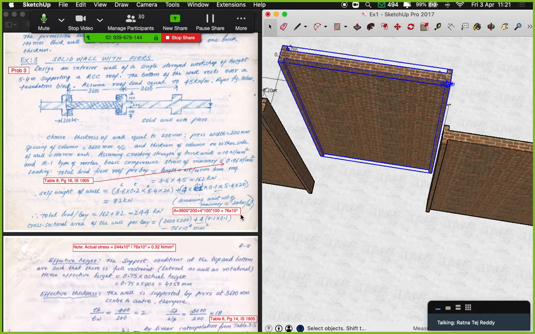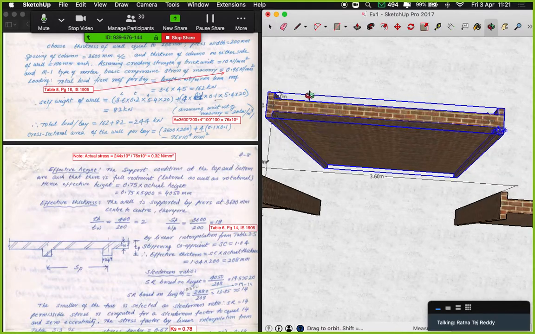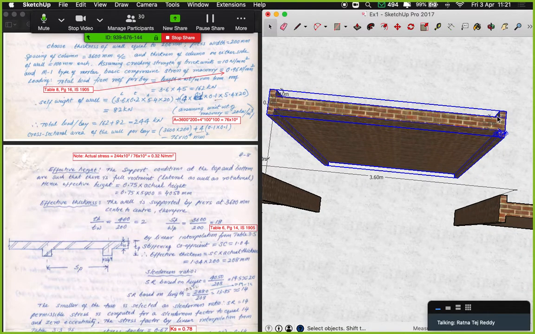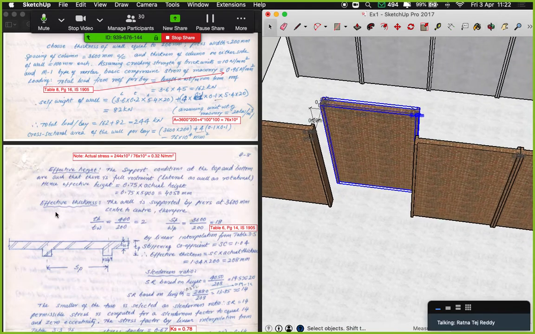Now there's a small annotated input over here, where area is equal to 3.6 meter into 0.2 meter plus 4 into 0.1 into 0.1, that is 76 into 10 power 4. This is nothing but the top cross sectional area, the area which you can see on top. The annotation is about 3600 mm, that is the length center to center over here, into 200, which is the thickness, plus 4 times all the 4 projections. That will give the total cross sectional area of that particular wall. Moving on,